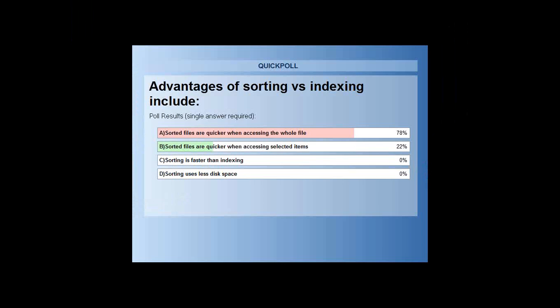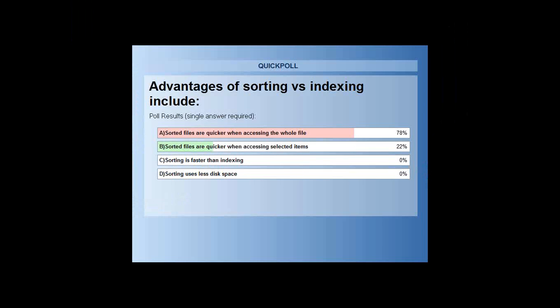The majority of people said sorted files are quicker when accessing the whole file. And that's true. Sorted files are quicker when accessing selected items. Remember what I said? If you only want to look at 5 items in a sorted file, then you're going to have to read the whole file to get to those 5 items.